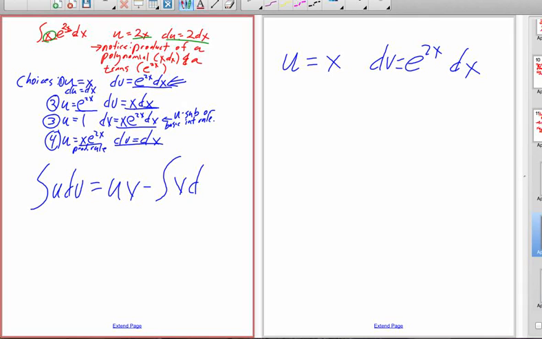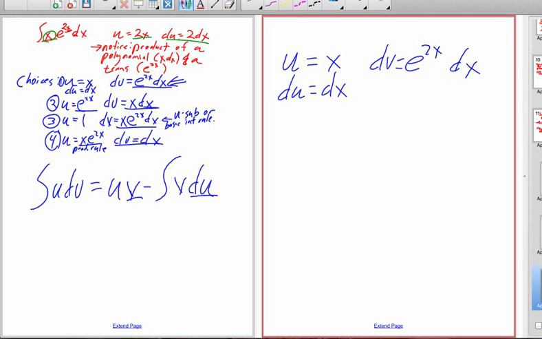So we need to get v and we need to get du. So du is nice, it's dx. V is the integral of e to the 2x dx, which is 1/2 e to the 2x. And now we can come back in and start to integrate this thing. So the integral of x e to the 2x dx